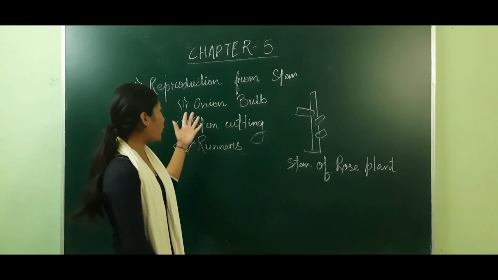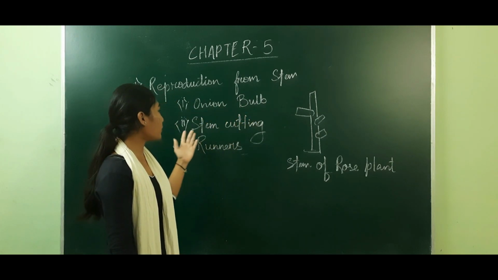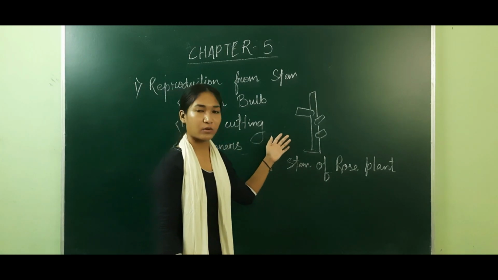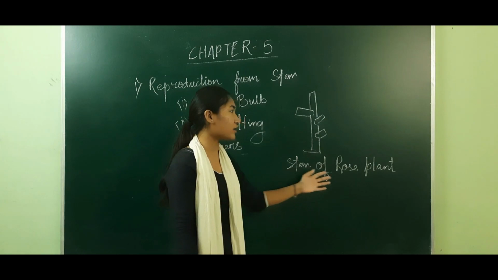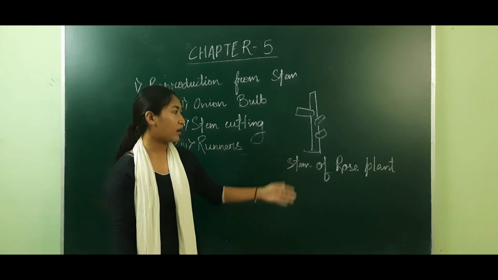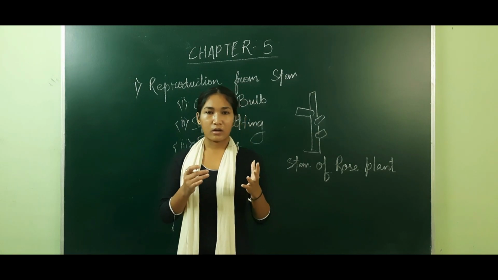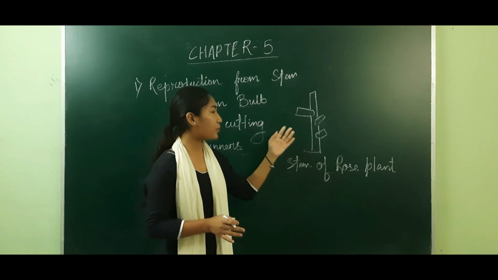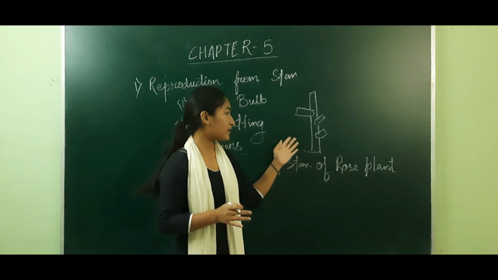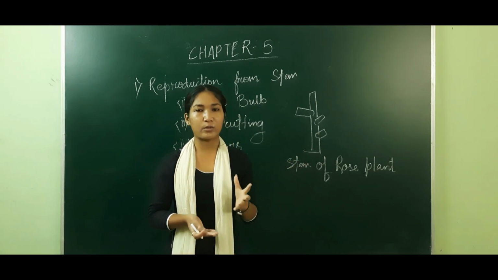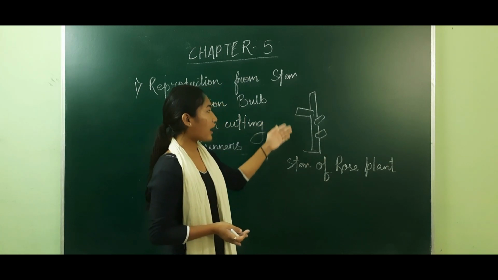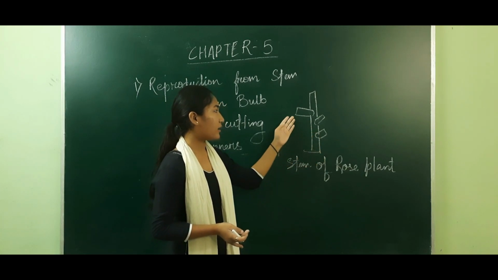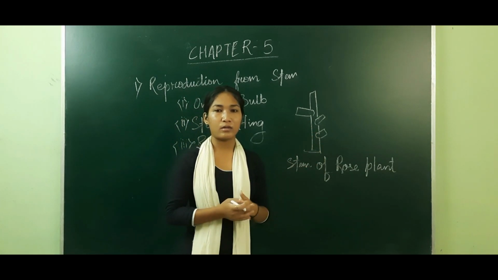We have already studied the onion bulb. Now we'll study the second way, which is stem cutting. Here we take the example of a rose plant, the stem of a rose plant. While planting a rose, we must make sure that we have a stem of a rose. We just put that directly in the ground, and this itself is enough to grow into a new rose plant. This stem has two or three buds. With the help of these buds, the plant grows into a new rose plant.